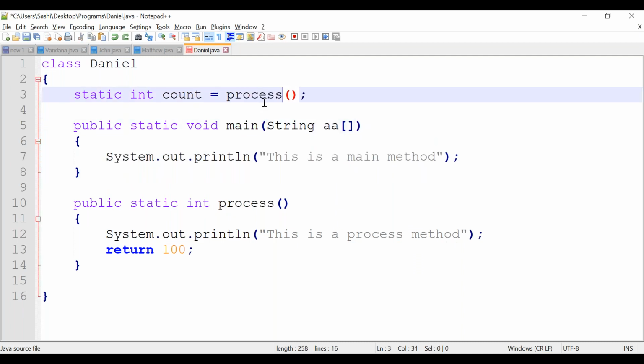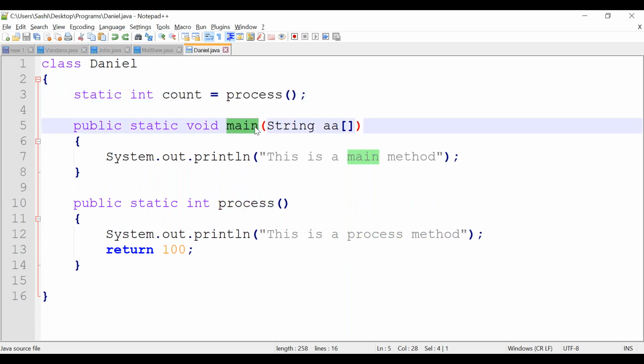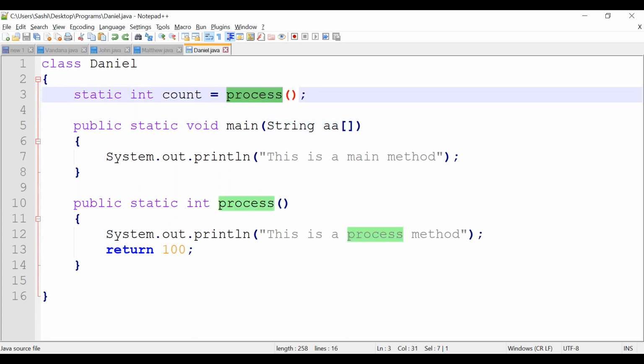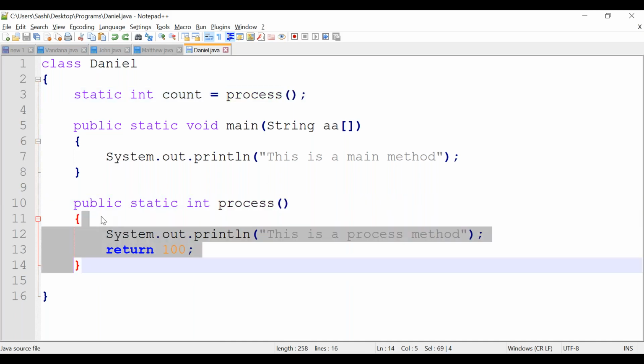But if it is like this, at the reinitialization point you are calling the process method. The main method will not come into the picture yet; the main method will be executed last by JVM. But here you are intentionally making one call to the process method. So flow will go to the process method, and it will be executed completely.